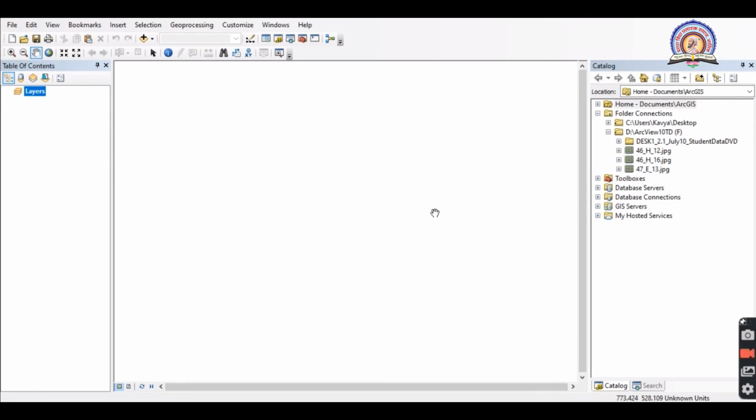Welcome student. In our previous session, we have learned how to create a layer and how to create a database in ArcGIS. Today, we are going to study a very important part of our map making, that is how to georeference a map in ArcGIS software.